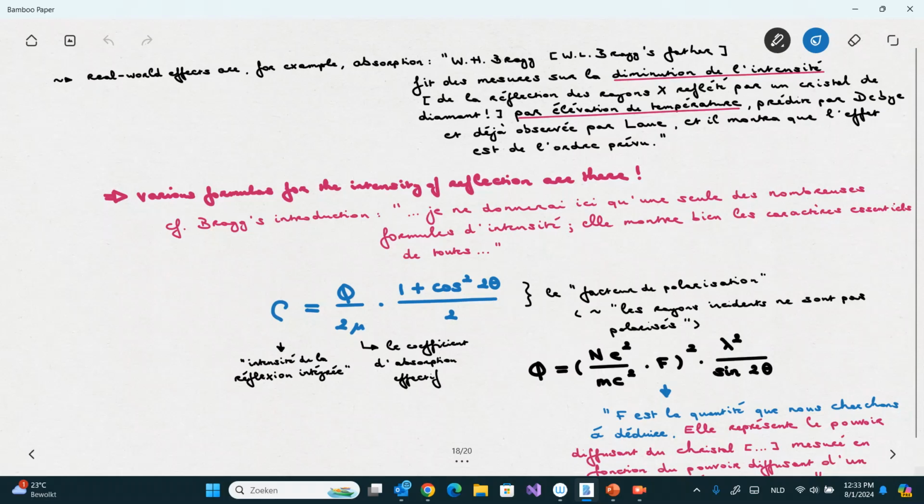And Bragg admits that. He said, there's a lot of different formulas for the intensity of reflection that we could try to present or invent and see if they match real life intensities when doing experiments with rock salt or aluminium oxides or whatever crystal structure, lattice structure. He says, I will give here only one of the many formulas. It shows well the essential characters of all. So he admits that the formula he starts off with, which is this one, is just one of the many